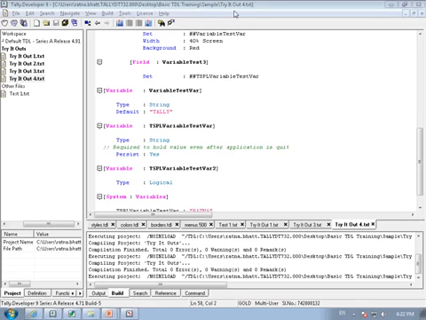Right? Now, because I'm going to use this variable in my